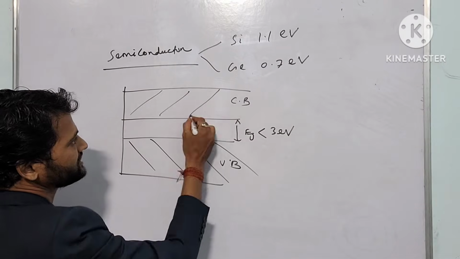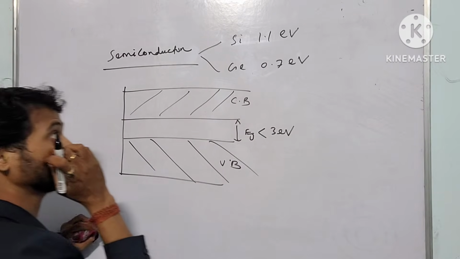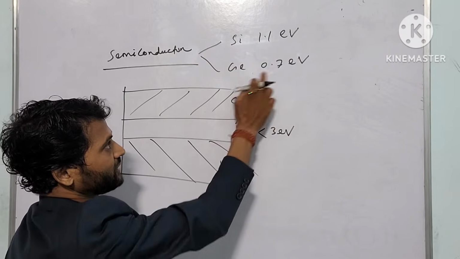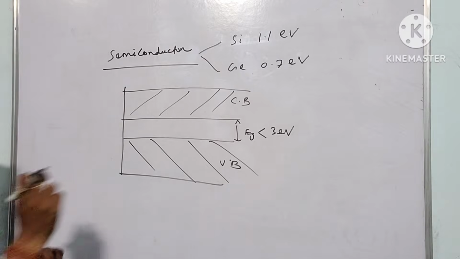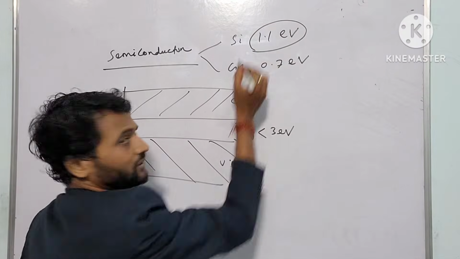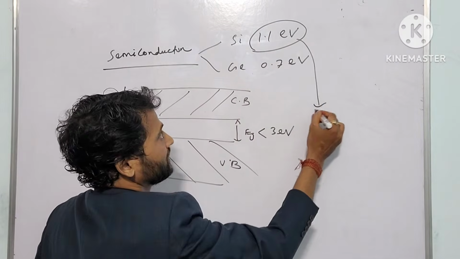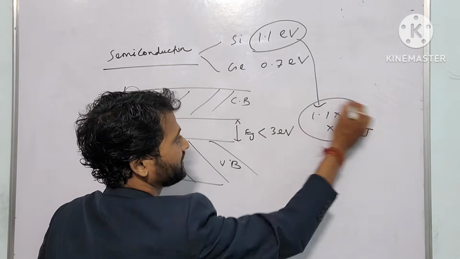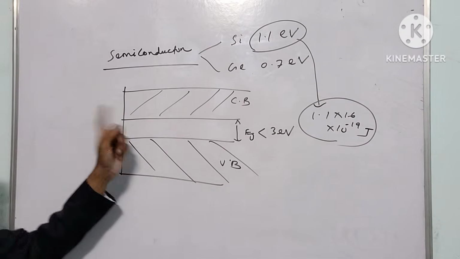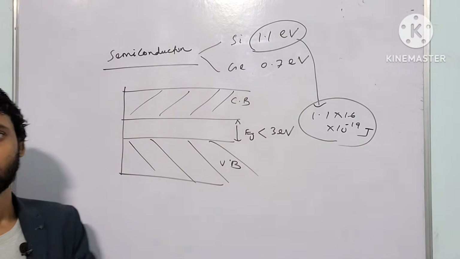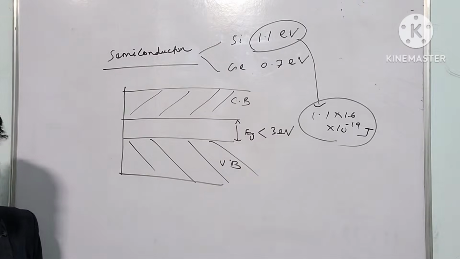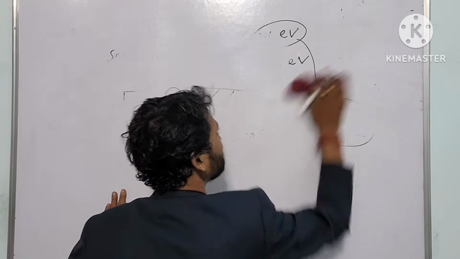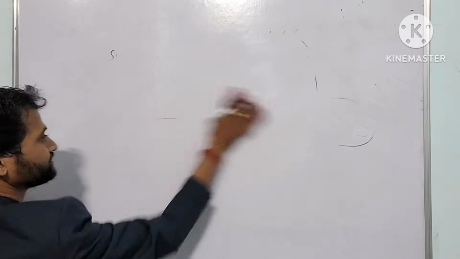That means the range lies between 0 to 3 electron volt। So if it is silicon it is 1.1 electron volt, if it is germanium 0.7 electron volt। What that means, 1.1 electron volt मतलब क्या है, 1.1 into 1.6 into 10 to the power minus 19 joule। If that much amount of energy is given to the electron in valence band then it goes to conduction band, ठीक है, it is clear। Next is insulator। इंसुलेटर में energy gap will be more than 3 electron volt।